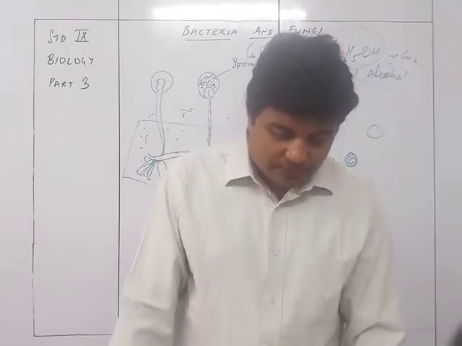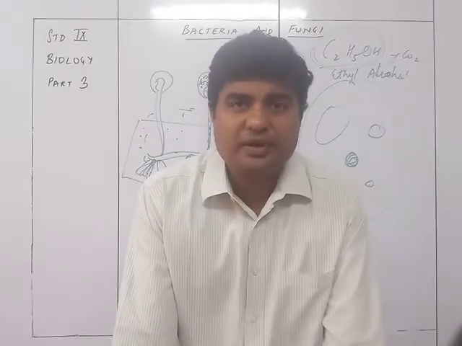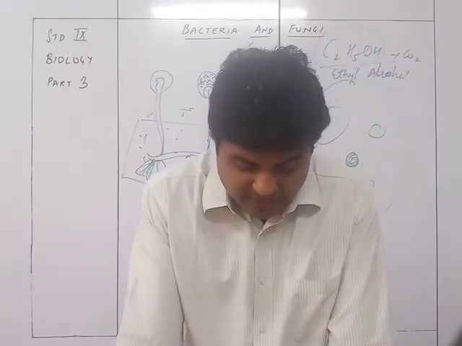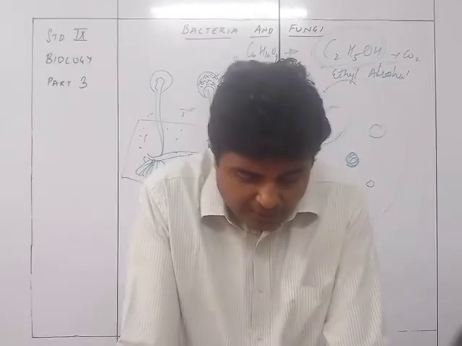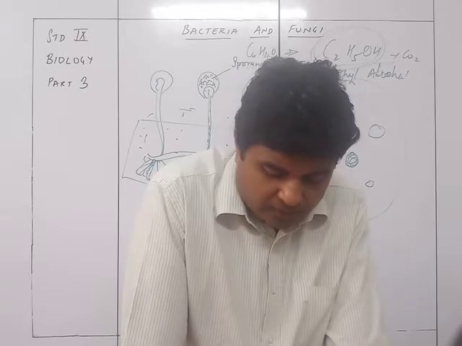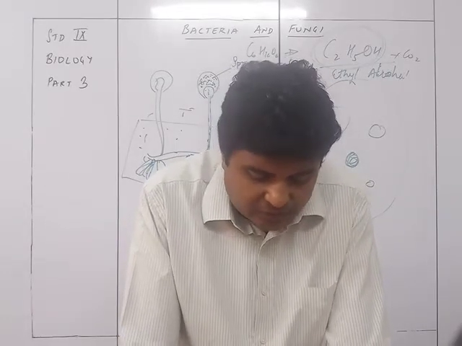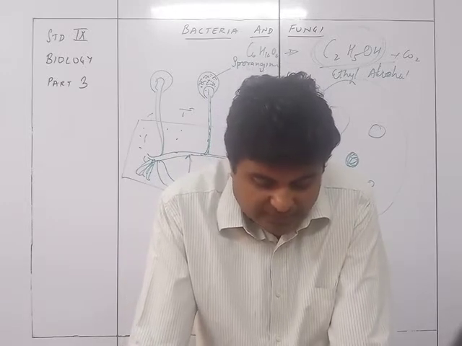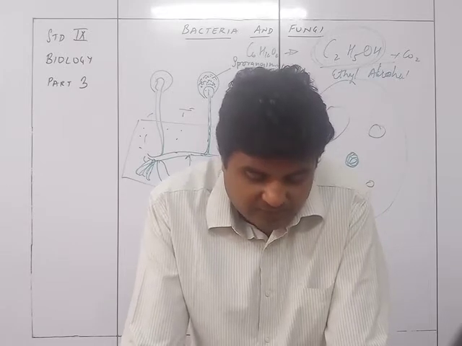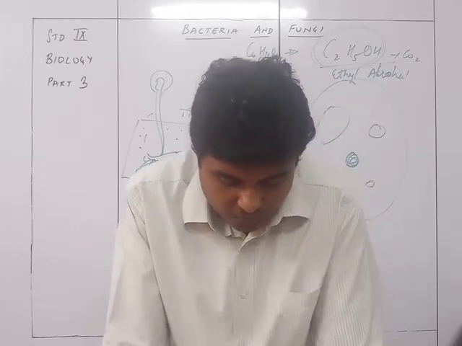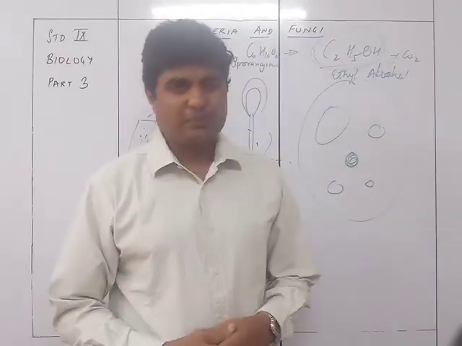The next is baking, that is bread making. The next industrial use of fungi is bread making, using yeast. In baking, a mixture of flour, atta or maida, some fat, salt and water is required to make the dough. The starch of the flour gets converted into sugar. When yeast is added, it ferments the sugar and produces carbon dioxide, and the dough rises to about 3 times its original volume. When the dough is baked, the gas bubbles expand and give the bread a slightly spongy texture.